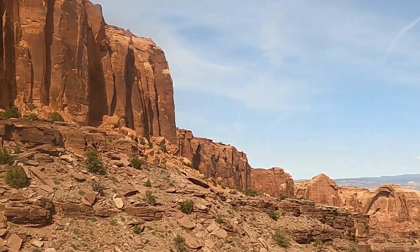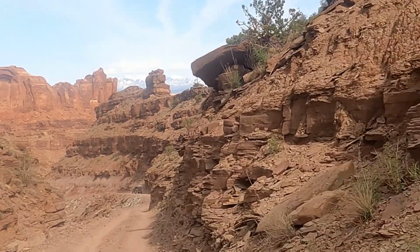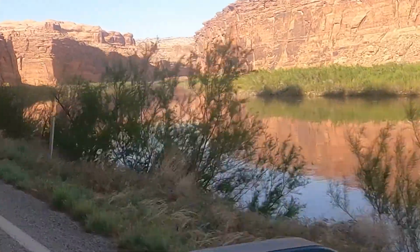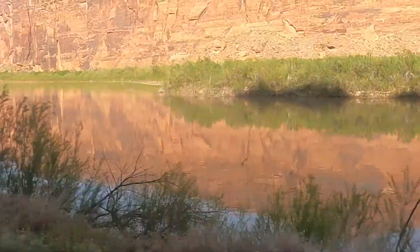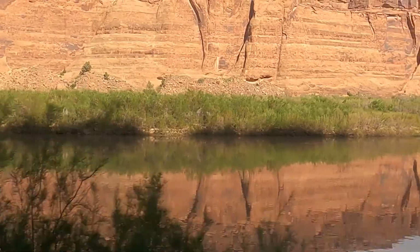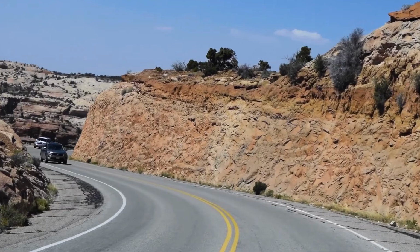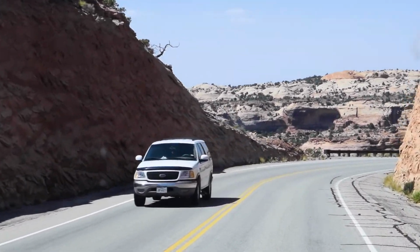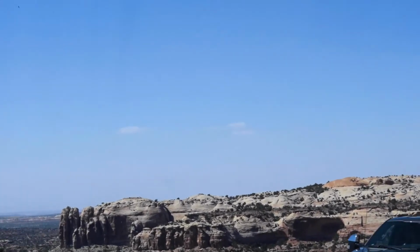we drove down Long Canyon. And this is a gravel canyon road. We have a video on it. It goes from the top of the mesa back down to the Green River. And that's really spectacular if you have the time to do that. From Canyonlands and the spectacular views that you have there, we did have to backtrack to go back down the